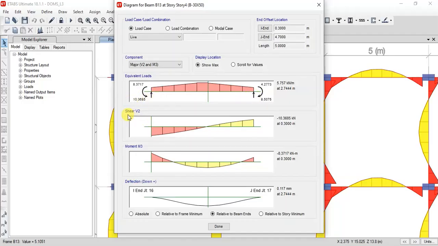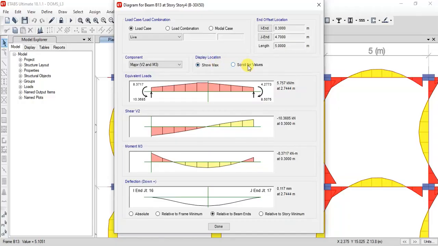The second diagram is the shear force diagram, showing the maximum shear force and at what place. Then the bending moment diagram shows the maximum bending moment which has occurred in this particular beam. And finally the last one is the deflection. So if you check this maximum option, it will show only the maximum result.